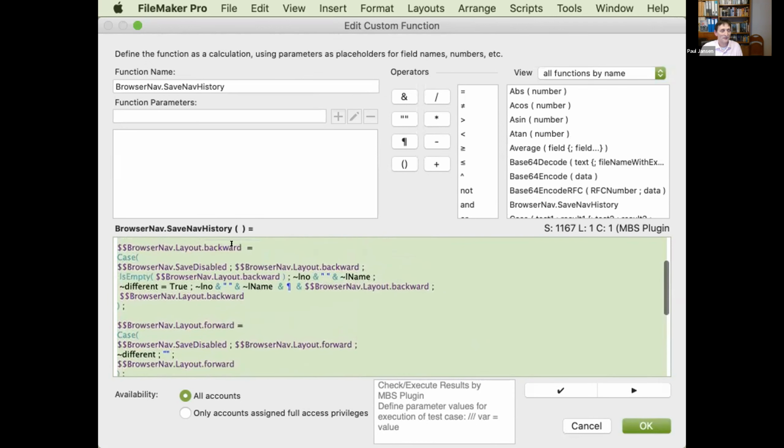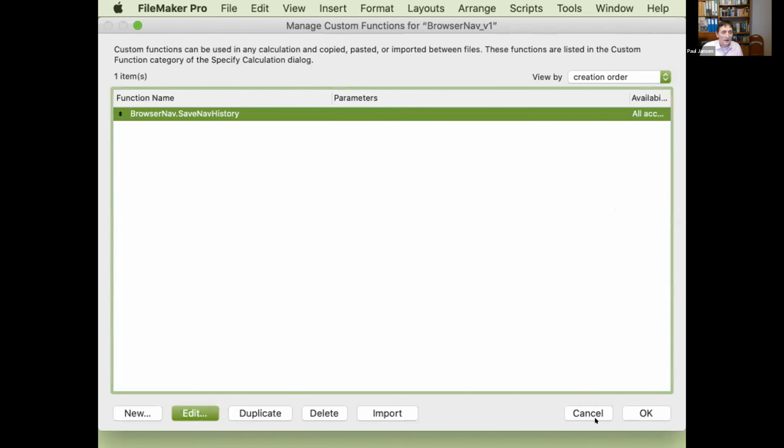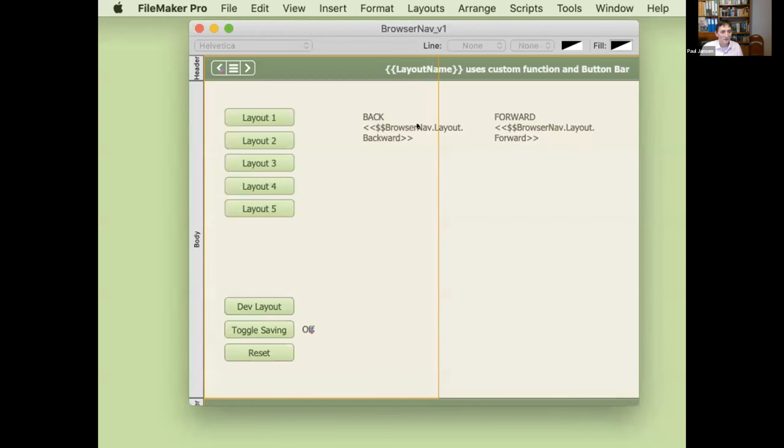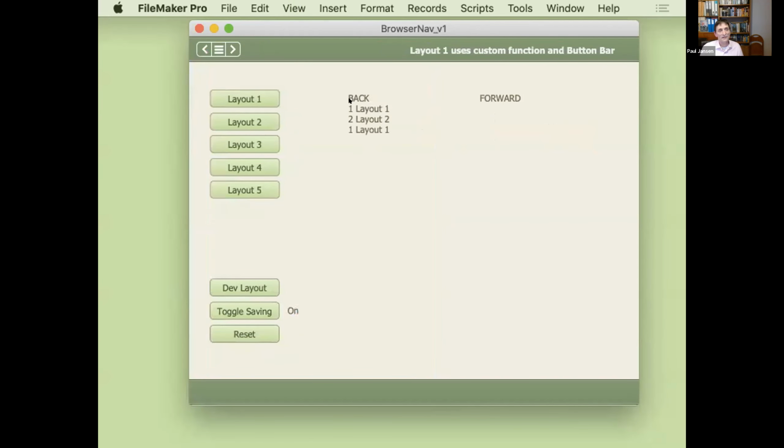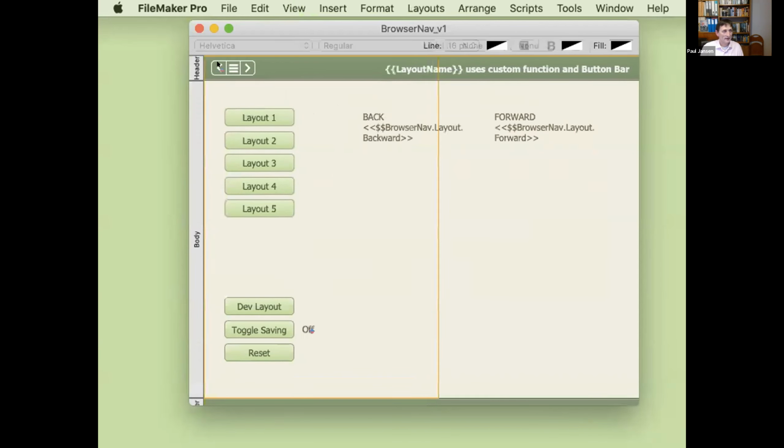The top half is what does anything. And there's not really much to say except for the fact that it looks at this list of, let's get back to BrowserNav. It looks at the list of layout numbers and layout names, and it moves them from one list to the other. There's not a huge amount going on apart from that. And then how it's triggered is it is just